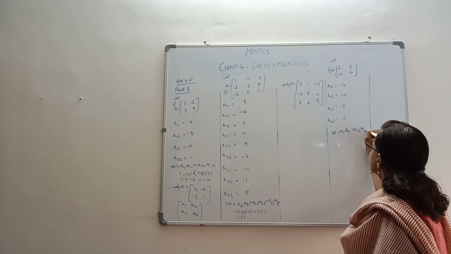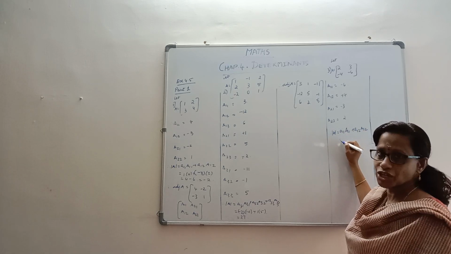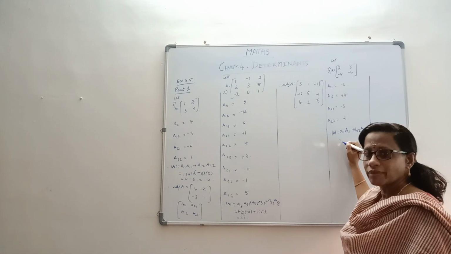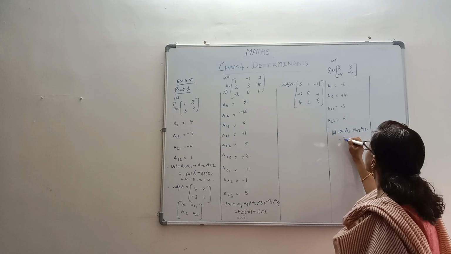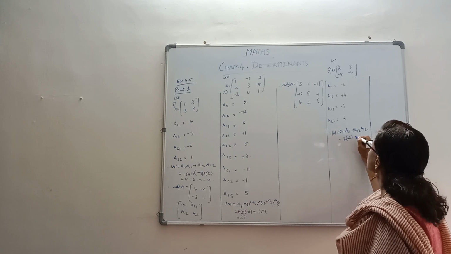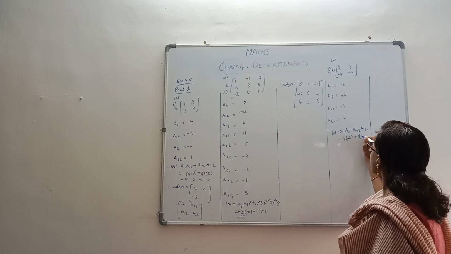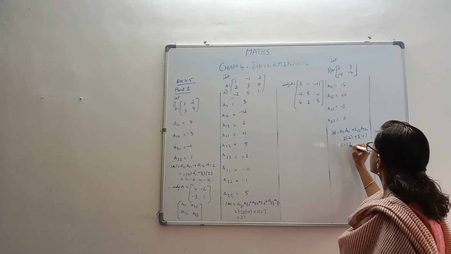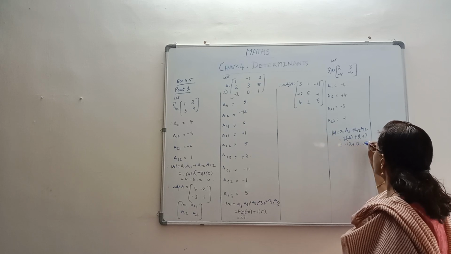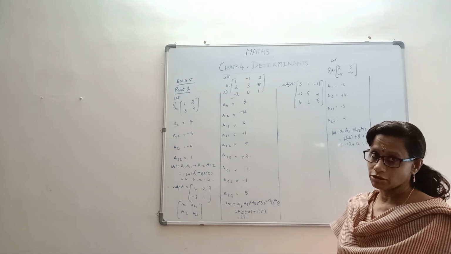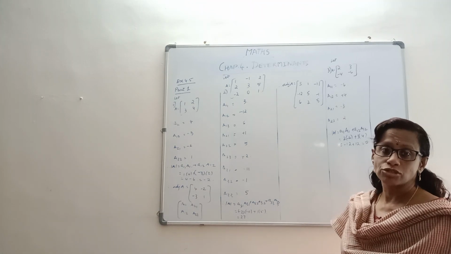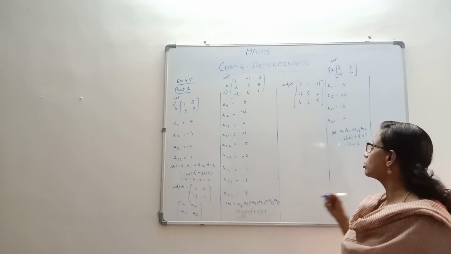See why we are writing this: by chance if we go wrong, the examiner can check where it is going wrong, whether it's a serious error or a small error. So it is 2 times minus 6 plus 3 times 4. That's minus 12 plus 12, 0. It's a singular matrix. A matrix whose determinant is 0 is called a singular matrix. For us to have the inverse, it should be non-singular, right? So this is a singular matrix.